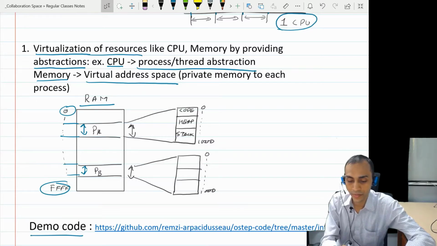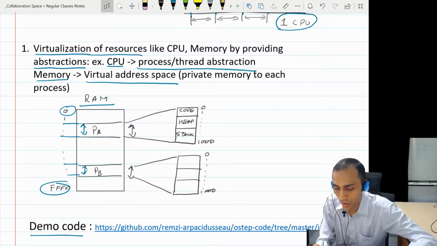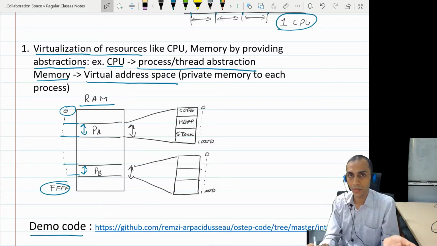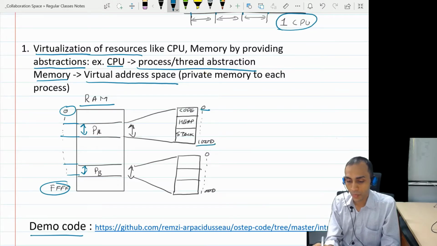The programmer and compiler will simply use virtual addresses. The virtual addresses, as I said, will be some kind of a logical address space starting from 0 to some maximum, depending on the architecture of the system. If it is a 32-bit system, you will have a 4GB address space, and so on. So your compiler is going to place the code or data structures on some of these logical addresses, or virtual addresses, from 0 to this maximum. And when the program is actually executing,